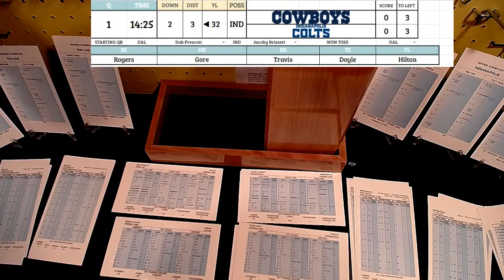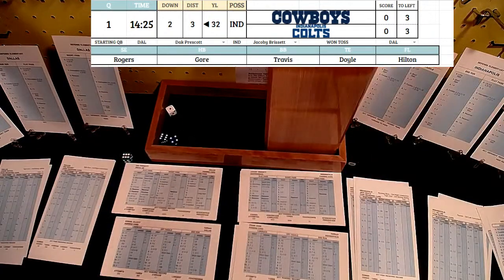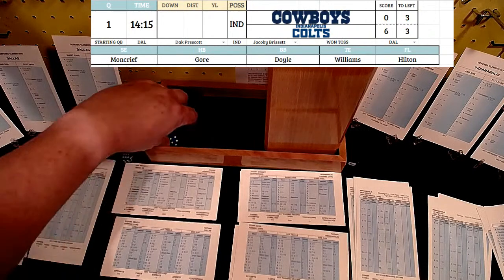They're going to then line buck, which is an inside run with Gore. They're going to guess right this time. He's going to try and see if he can pound the inside, and he's going to lose a yard in the process. So pretty conservative here to start. 3rd and